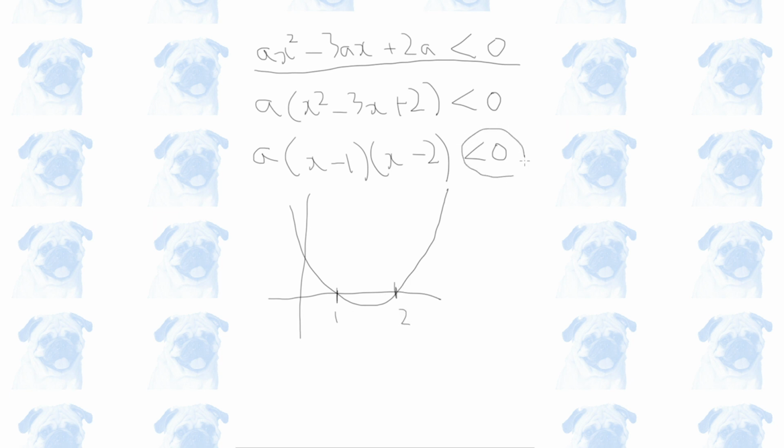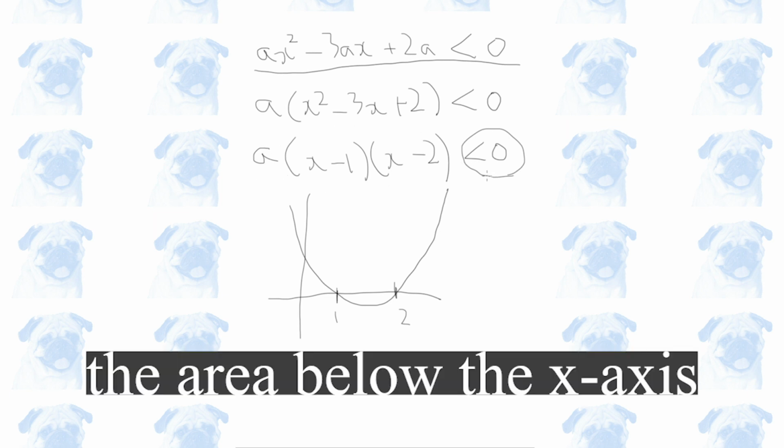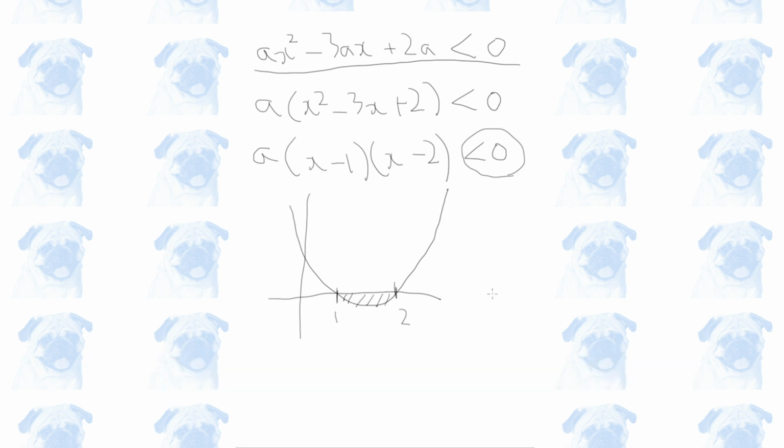And this part of the inequality says that the value of this whole expression has to be below 0. So we are talking about this part right here. So the range of x is going to be between 1 and 2. So the answer will be